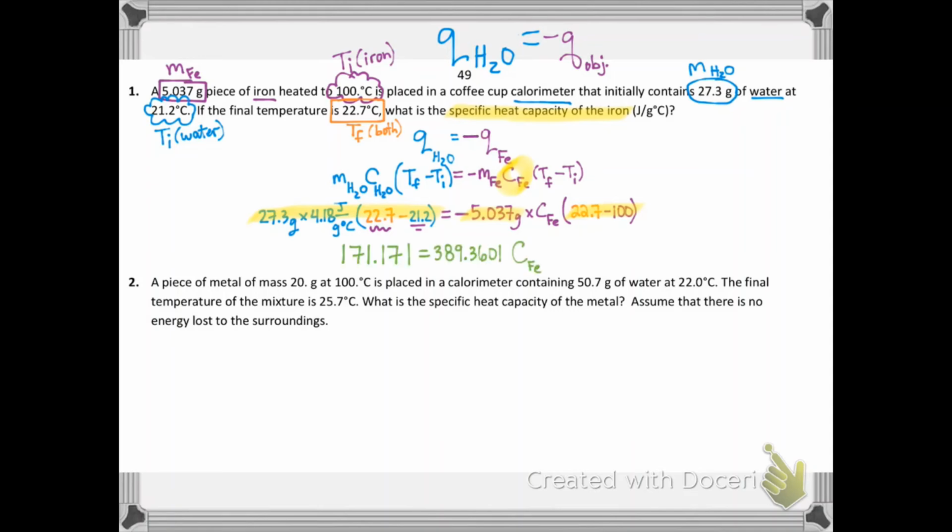All right, now notice I had a negative sign, because of course Q equals negative Q for calorimetry. But when I subtracted 22.7 minus 100, that's another negative. So the negatives cancel. That's one of the reasons I usually put the negative with the object. So now we can just go ahead and do a little bit of division to solve for the specific heat